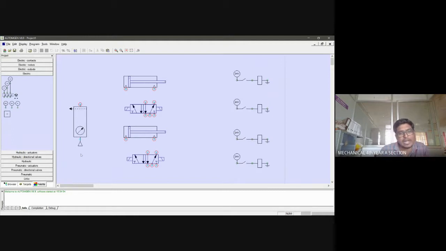F for filtering. Okay. Air contains some impurities, right? We are extracting air from atmosphere. Atmosphere contains moisture in it. It contains dust particles, and everything has to be removed in this particular area. So filter is responsible for dust removal from the air, and R represents regulator. Regulator in the sense, at what pressure the air should enter into the system, that has to be maintained. So we have a regulator in order to maintain the working pressure. Since we are using a pneumatic system, the maximum pressure that the cylinder can withstand.